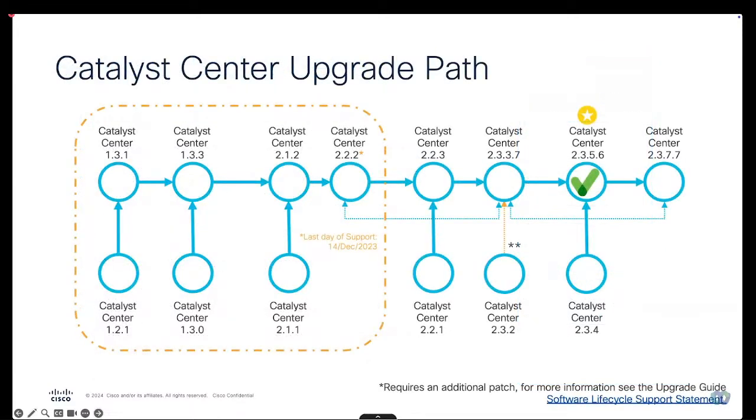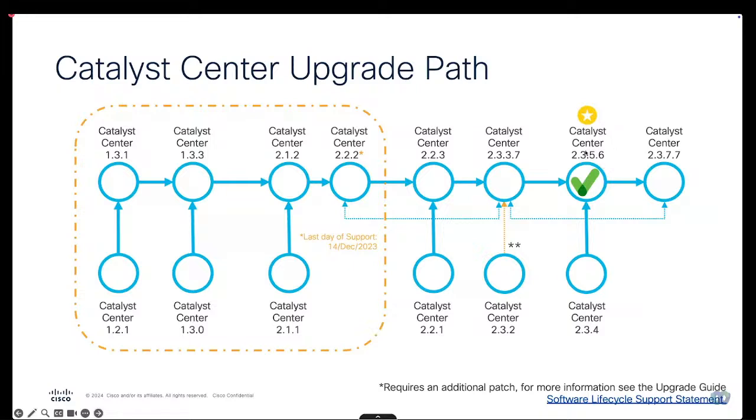This is our latest Catalyst Center upgrade path. As you can see, if you are on one of these earlier versions from 1.3 to 2.2.2, they have been put out of support. The last day of support for the latest 2.2.2 was announced on December 14th last year. So we recommend being at least on one of these versions. If you can, go to the latest recommended version that we have